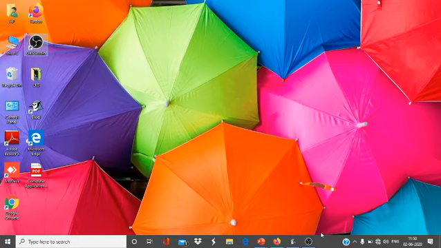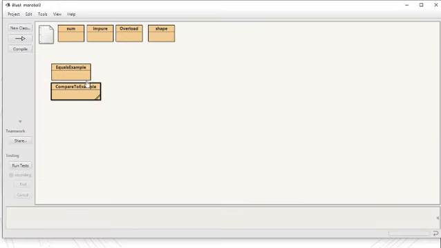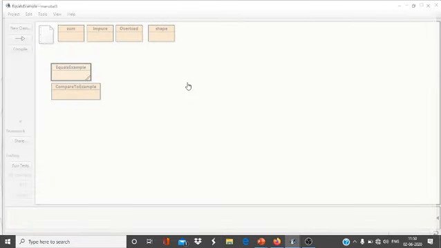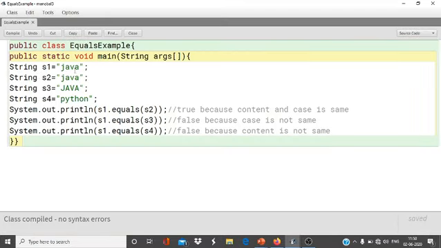For example, let's see one example of the equals function. Suppose I have taken string s1 as Java, string s2 again Java, string s3 as JAVA in capital, and string s4 I have taken Python. Now see, I have used s1.equals(s2). What will it return?